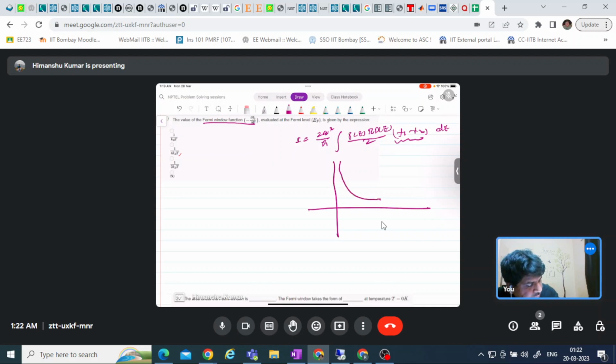It will be like this, goes up and then goes down. So this is at E equals EF, or mu. Then (E minus mu) by kT is 0, and the value of this function is